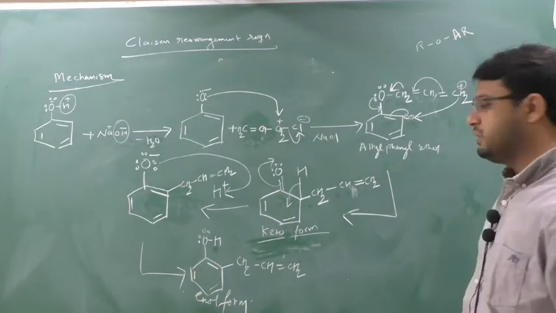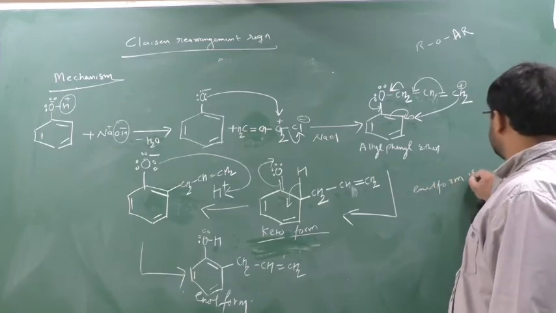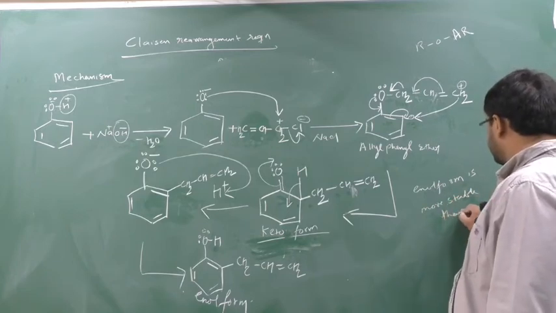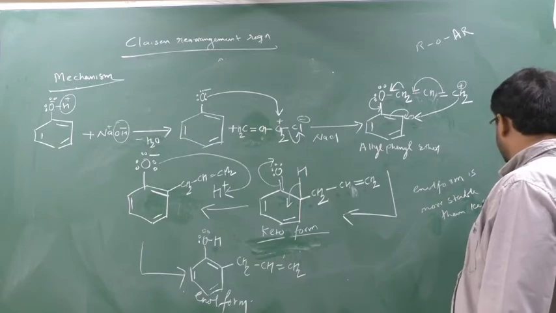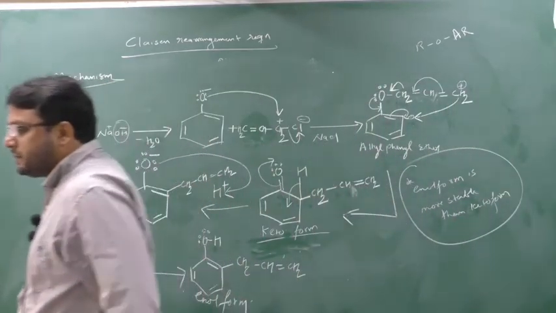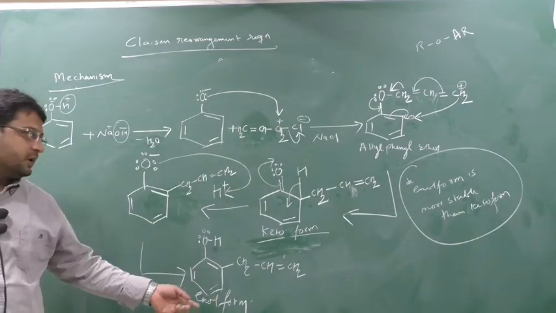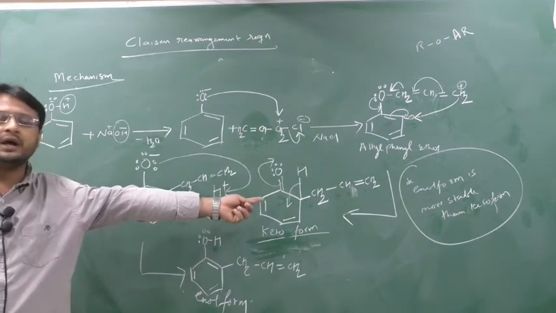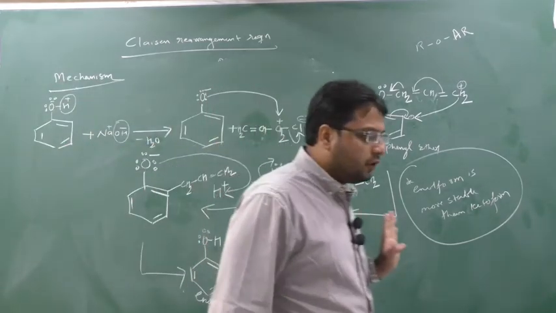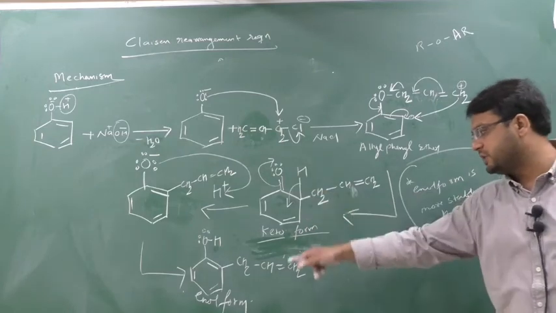So who is more stable? The one having the aromaticity. So here the enol form, this is one MCQ. Enol form is more stable than keto form. This is very important. Enol form will be more stable because it has a complete pi bond due to resonance. Here resonance is not possible because there is no pi bond. Due to this, keto form is less stable than the enol form because there is no aromaticity here. You have to regain the aromaticity in the enol form.